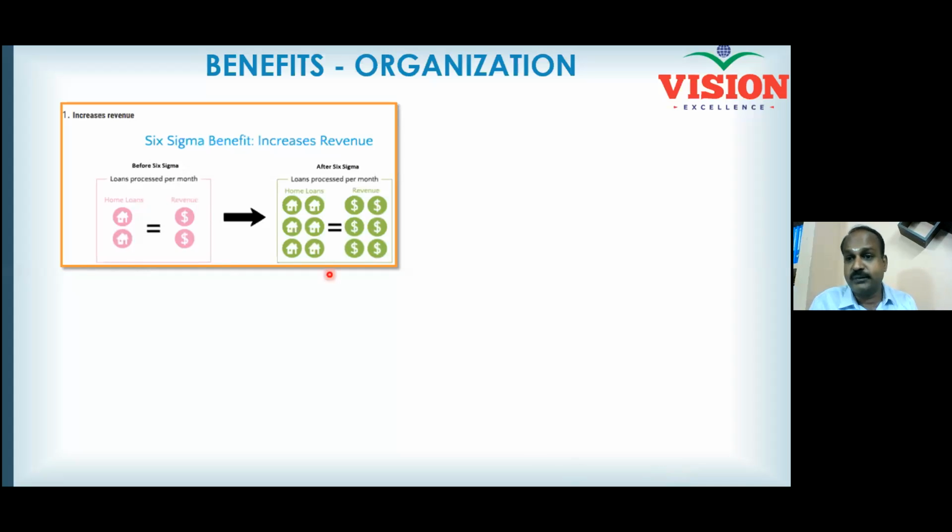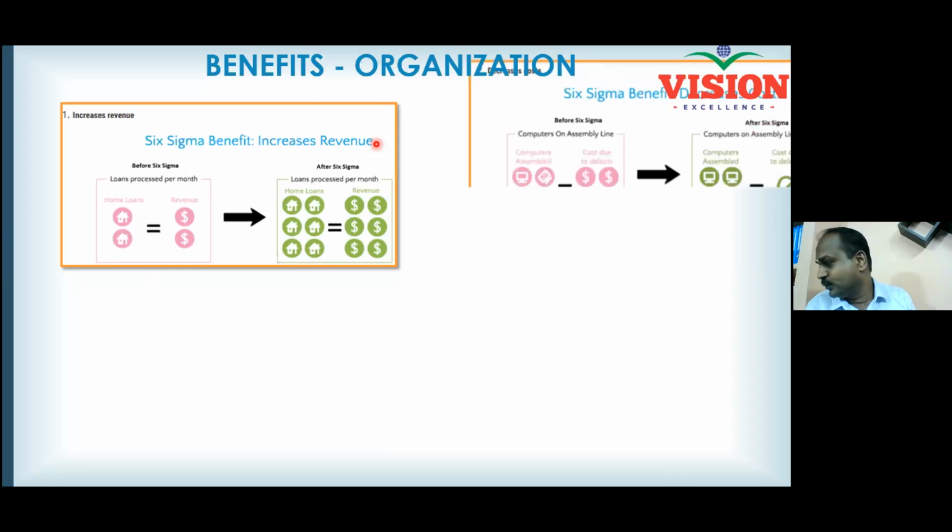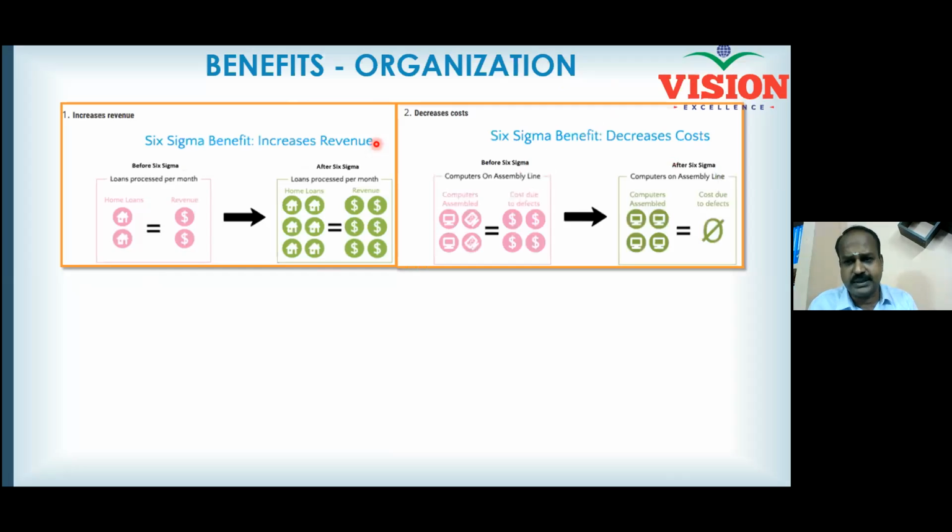So Six Sigma benefits increase in the revenue. How is revenue impacted? Profit is impacted by reducing the cost of poor quality. Since you maintain the highest levels of quality, more customers will come. Your customers will order more. Now your revenue will also be impacted as a result. Your ROI, you don't have to calculate. Always ROI will be better if you start practicing Six Sigma. All that is required is a discipline towards quality, right?